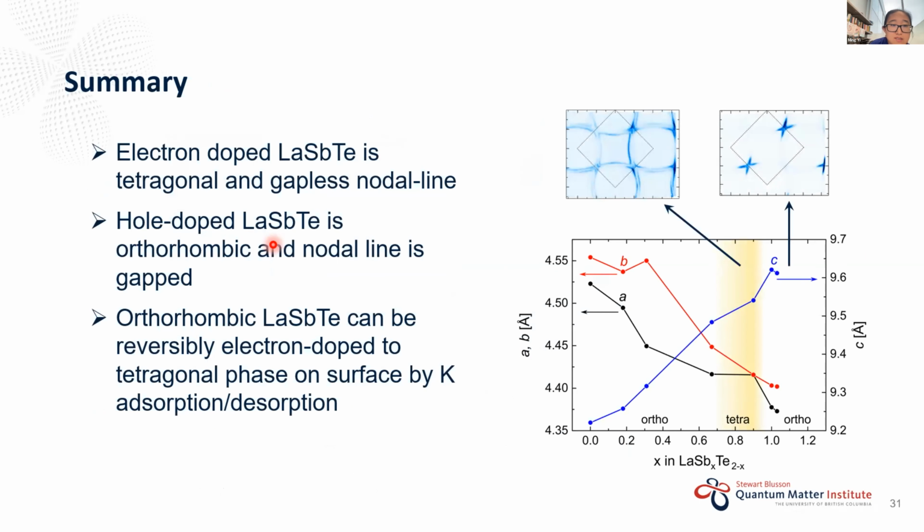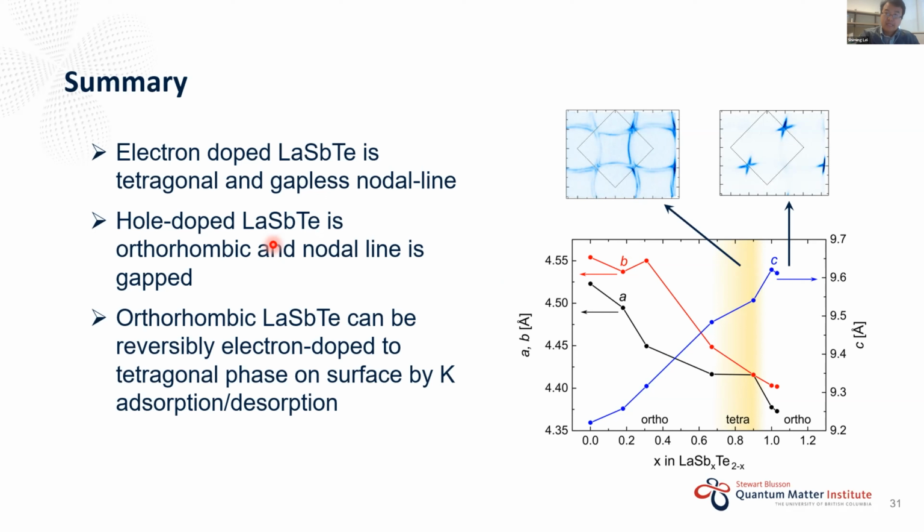I see Shiming has their hand up. Shiming, do you want to ask your question? Thank you for your nice talk, Joern. The change of the Fermi surface from this orthorhombic shape to the diamond shape, I think that's dramatic. I have one question, because I previously did ARPES on the gadolinium antimony telluride series, and of course, at that time we also noticed there is a difference in tunability from the tetragonal phase to the